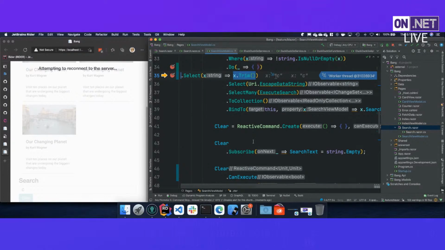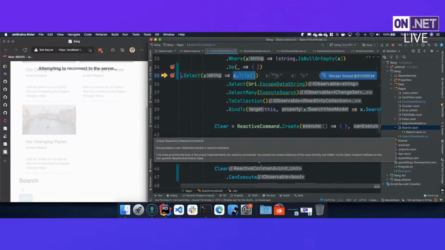Now, from a testing the application perspective, Reactive Extensions, ReactiveUI, and the MVVM portion of it are all inherently unit testable. So you can unit test everything in here with no problems. I've got some examples of that in some other code, and I won't show it here, but it's inherently unit testable. You can test this reactive command. You can test time complexity. You can test the throttle happens exactly when it's supposed to happen. So if I say 500 milliseconds, I mean 500 milliseconds, and the test won't take an additional 500 milliseconds to